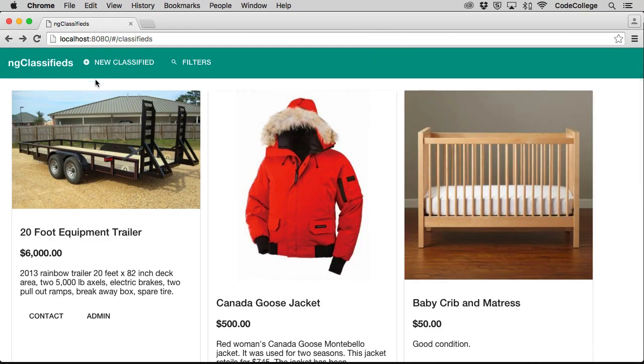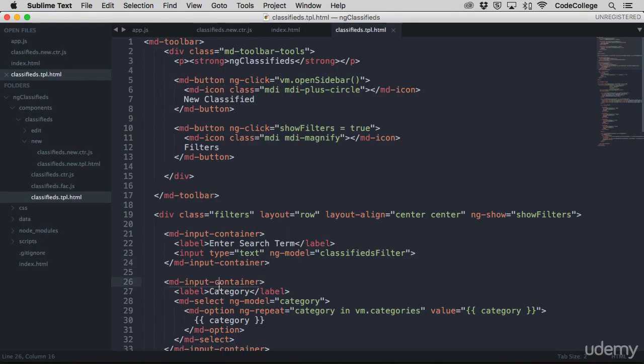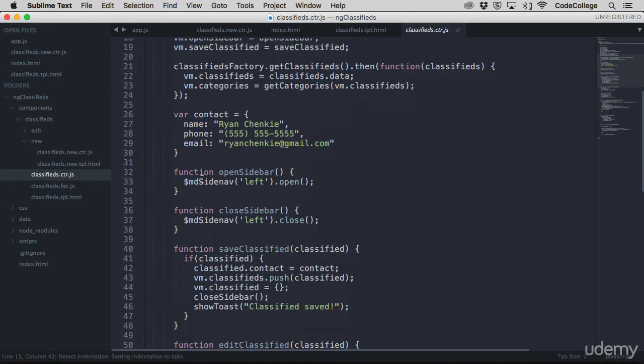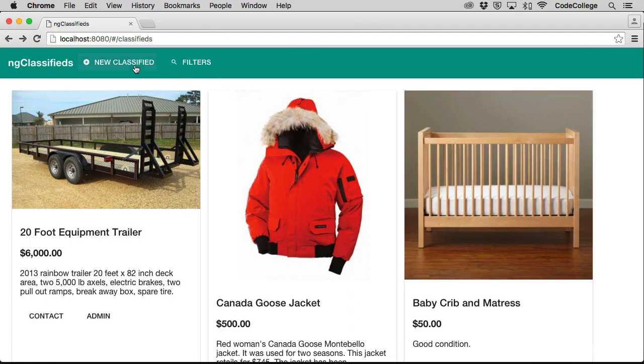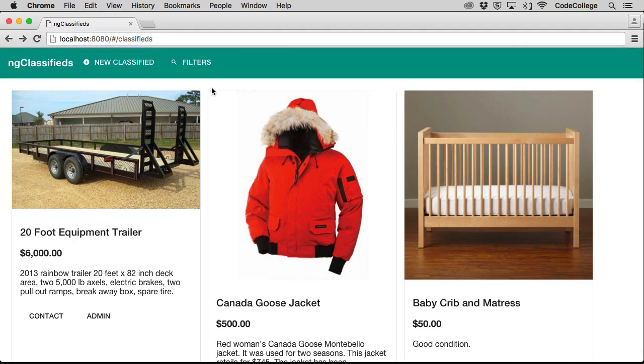All right, so what do we have? Well, we've got our new classified button here, and that is coming from our classifieds template. It's up on the nav bar, and it calls this open sidebar function. And this function is here within our classifieds controller. And open sidebar right now says MD side nav left open. So now if we were to click this new classified, it doesn't show up, and that's because we've taken the HTML out of our view for our classified state, and we've put it into the view for the new state. So what we want to have happen now is when this button gets clicked, we want to navigate to